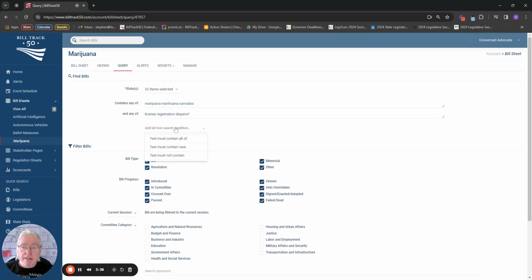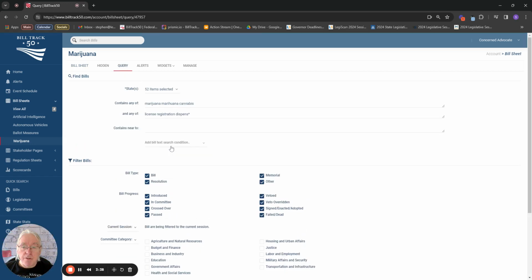So let's add in this time a near search. So it's also going to be looking for words that are close to one another within the bill, but not necessarily next to one another. Generally words that appear within about a sentence. So let's add in marijuana expungement. So this could find obviously the phrase marijuana expungement, but also if those words are used within a